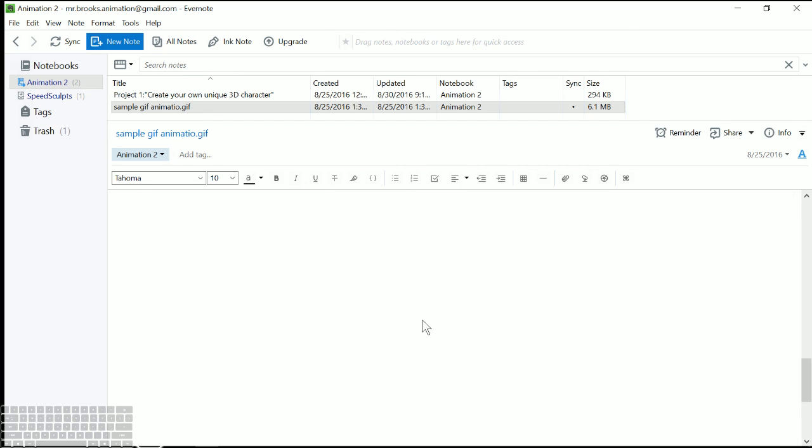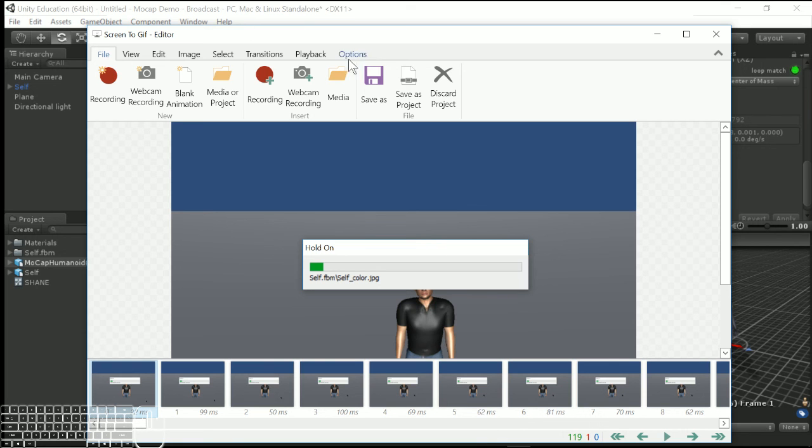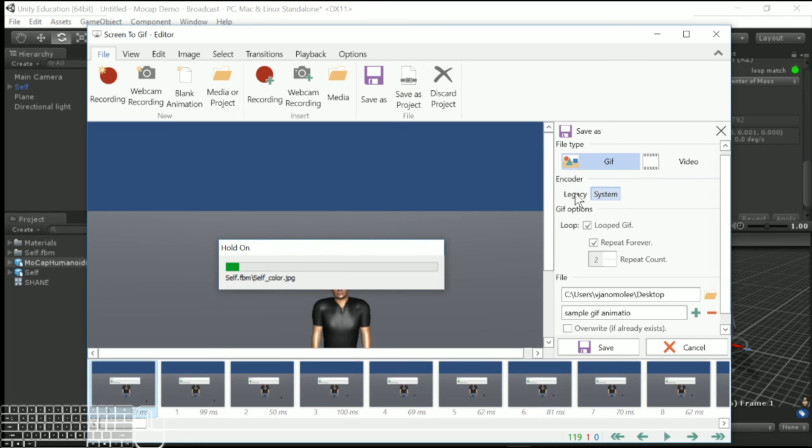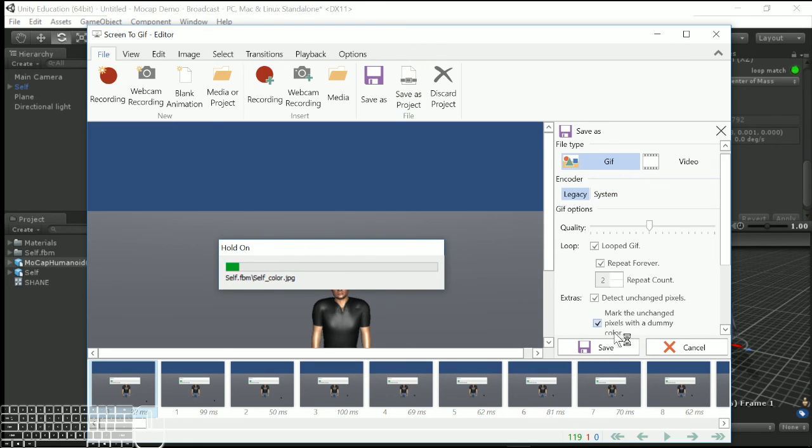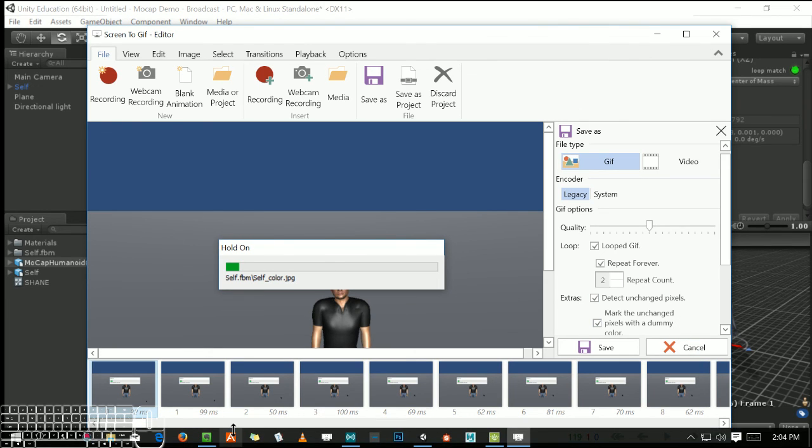Wow, mine's kind of freaking out right now, but yours should be fine if you follow this process. If you get weird results like this, with it kind of blinking in and out, you may need to change the screen to GIF thing to be legacy instead. Try it both ways. Anyway, thank you for watching. I hope that you learned something. It's kind of a bit of a convoluted process, but it's an awesome way to record your own animations and apply those